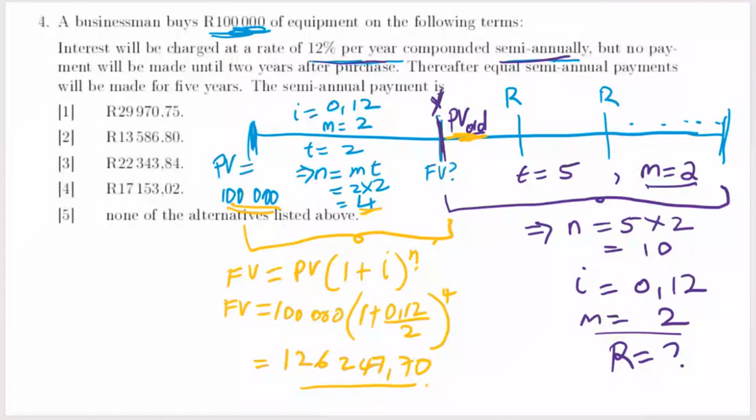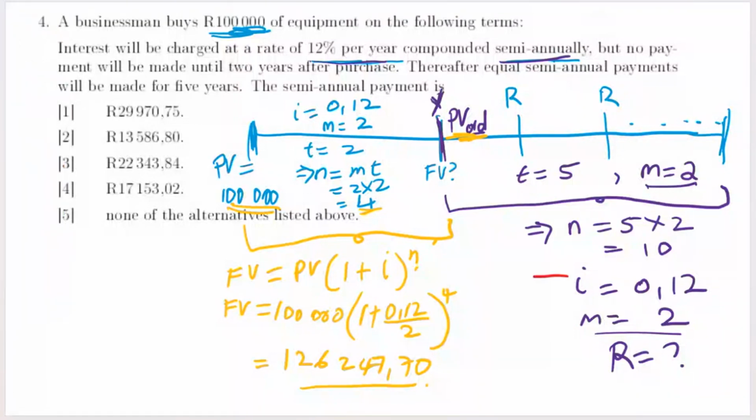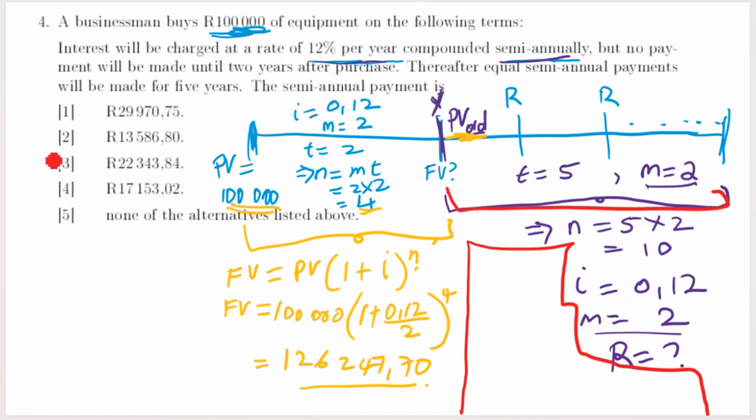So once you've got that, you say, okay, fine, let me go now to my annuity. You go to your annuity and say, now I am working on these periods. I am here, I am working in this period. I've got the PV ordinary. So now I've got my PV, which is equal to